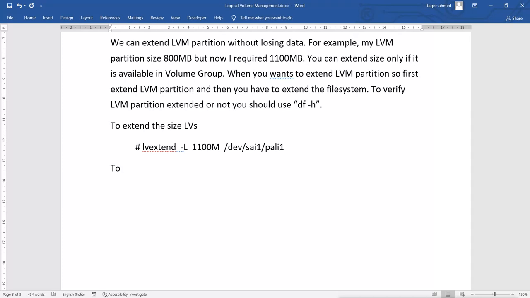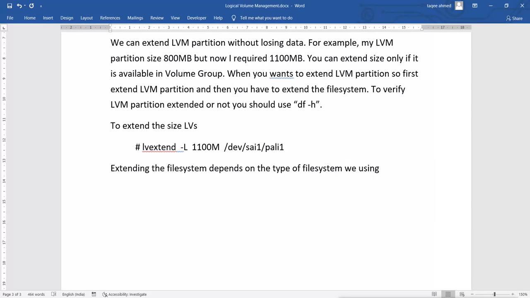So extending the file system depends on the type of file system we are using.